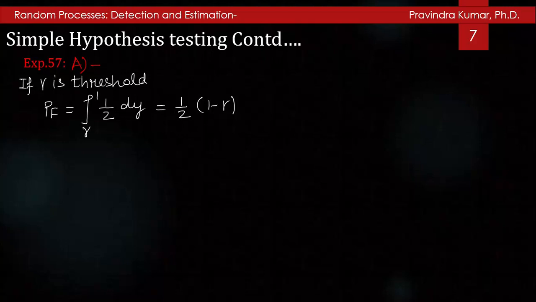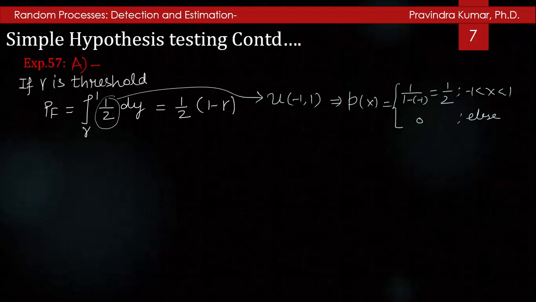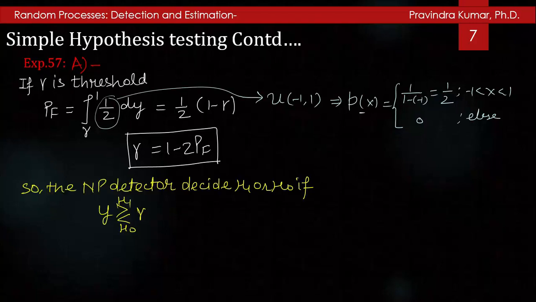This 1/2 is there because there is a uniform distribution from -1 to 1, and the PDF of this uniform distribution will be 1 upon (1 minus (-1)), which is 1/2. So that's why I have written the PDF of this uniform distribution between -1 and 1. So the value of gamma is 1 minus 2 PF, and so the NP detector